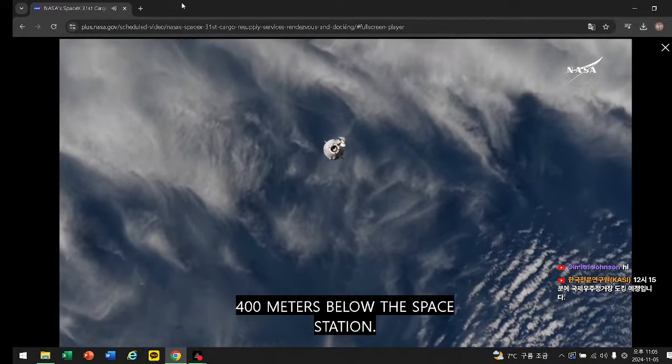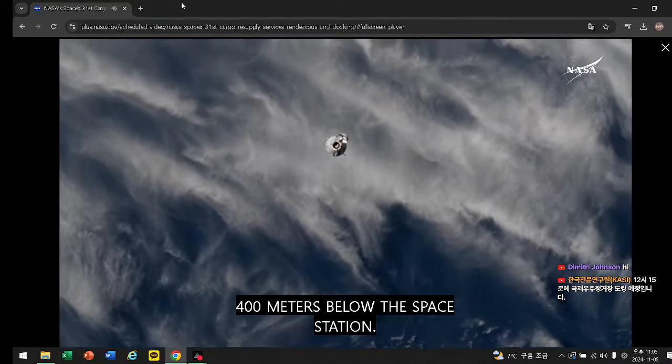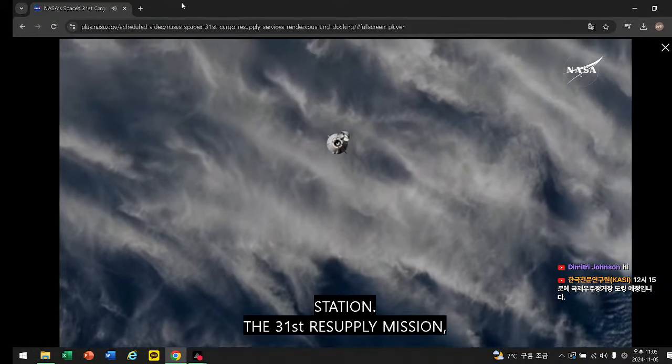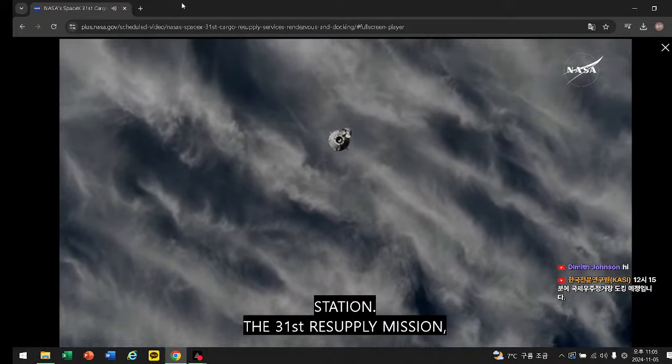The 31st Commercial Resupply Services mission to the... That's the correct range plate on our pop with a good attitude. And that was Butch Wilmore